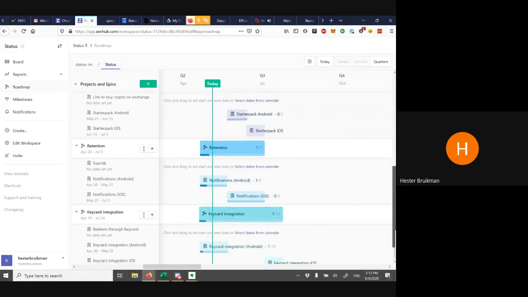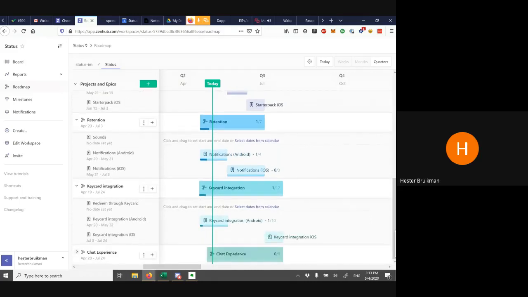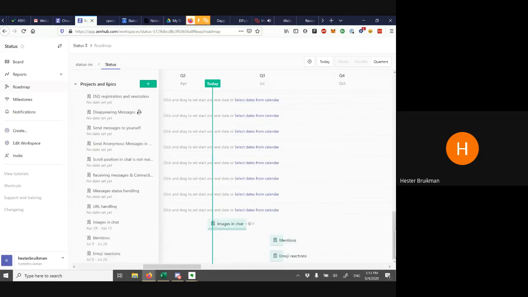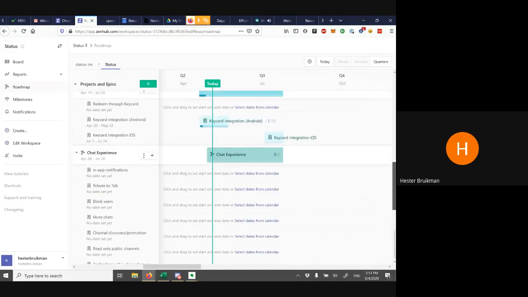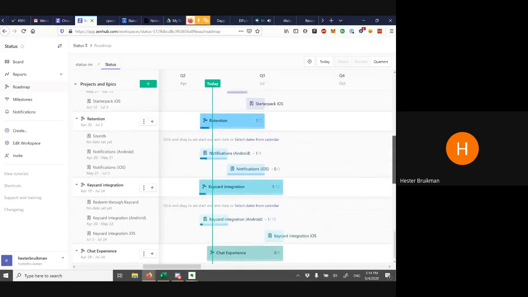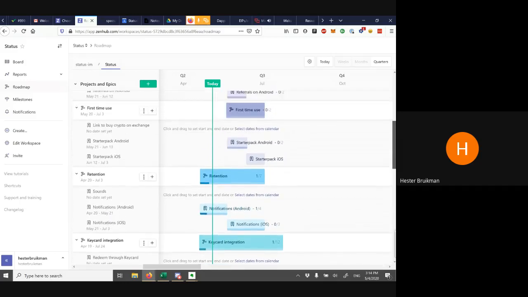Then after that, and kind of running in parallel, let me just see if I'm not missing anything in chat here. Yes, images in chat as part of that as well. So notifications on Android, Keycard integration, followed by Starter Pack, referrals, and images in chat. So those are like two buckets, and then the third bucket that could go out as kind of paired features